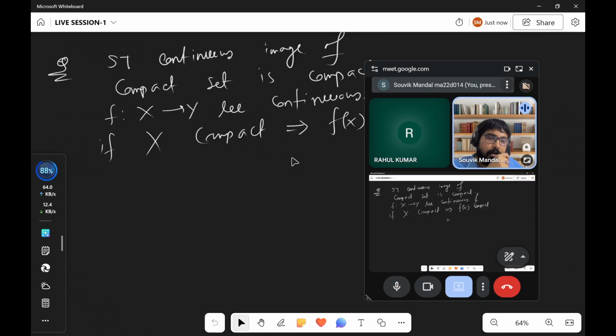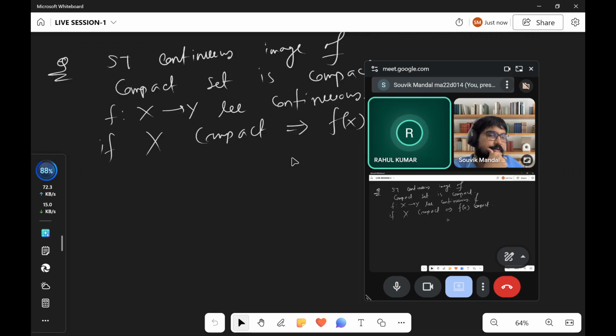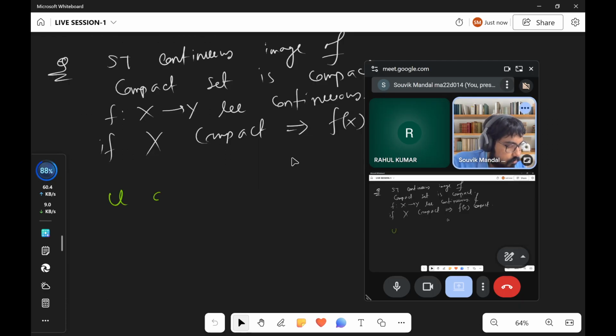So we need to choose an open cover, right? From where are we taking the open cover? We are taking the open cover of Y. Okay, but you need to take an open cover of f(X), I mean the image of f, not Y, correct? We need to show the image of f is compact. Okay, so we can take an open cover of the image of f, which contains the image. Correct, of course. So choose U, an open cover of f(X). Then